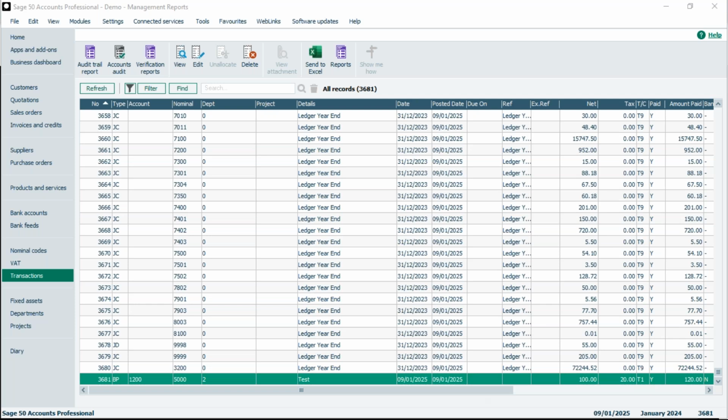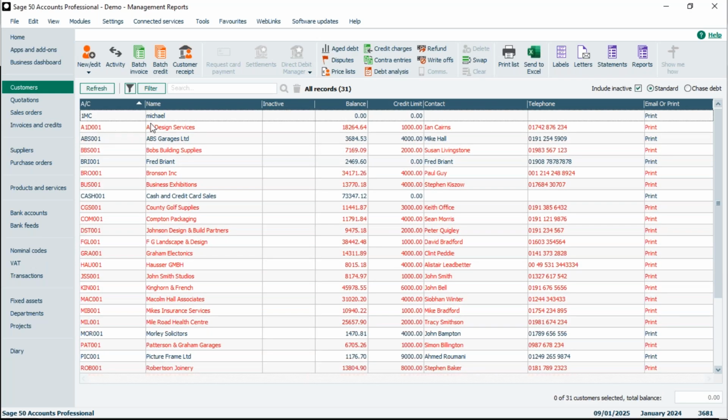Right, quick question from Lorraine there as well. Lorraine's just asking with regard to customer account numbers. If you're accessing an old customer record, if the number is reused in future years, so the archive is read only, I suppose you're just asking generally, is it going to stop you from using that account number again, or would it let you use it? In my company here, let's say this one as an example, this A1 design. Let's say I was in a position to be able to delete that one